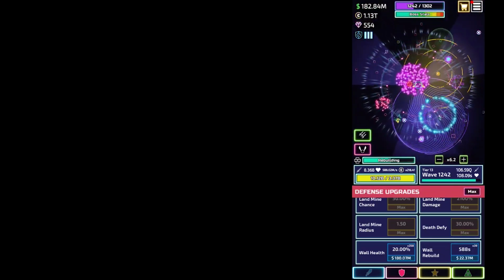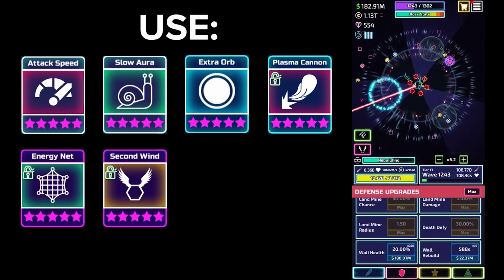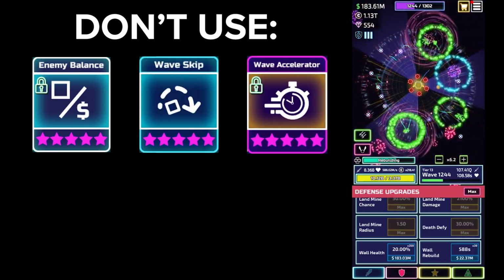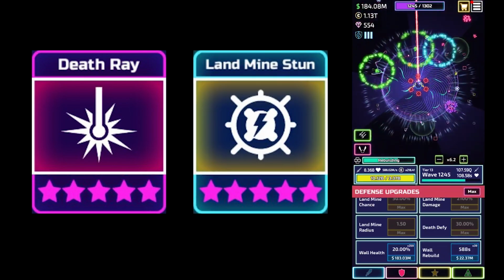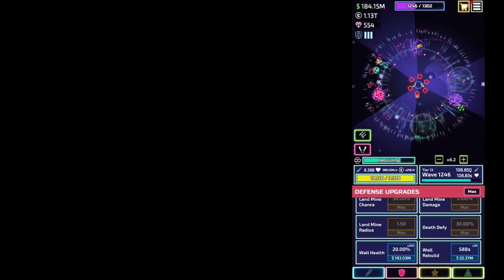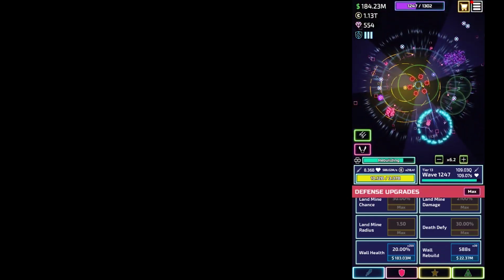maxed player. The cards that you must have in your card preset are Attack Speed, Slow Aura, Extra Orbs, Plasma Cannon, Energy Net, Second Wind, Demon Mode, and Energy Shield. The cards you should not use are Enemy Balance, Wave Skip, Wave Accelerator, Free Upgrades, and Range. While Death Ray and Landmine Stun are not required, they will be very useful in preventing non-boss damage, and are highly recommended. Any other cards won't affect how effective your Thorbs are, but some like Damage and Critical Chance will